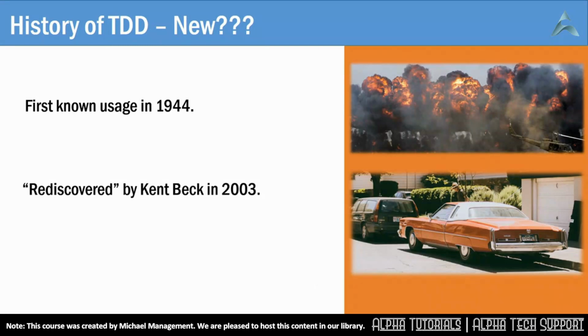a gentleman called Robert Martin, author of Clean Code. He's known as Uncle Bob. You'll hear a lot about him in this course. They, Uncle Bob, Kent Beck and others, are the authors of the Agile Manifesto, and you'll hear buzzwords like agile programming, extreme programming, which aren't all to do with TDD, but TDD plays a big role.